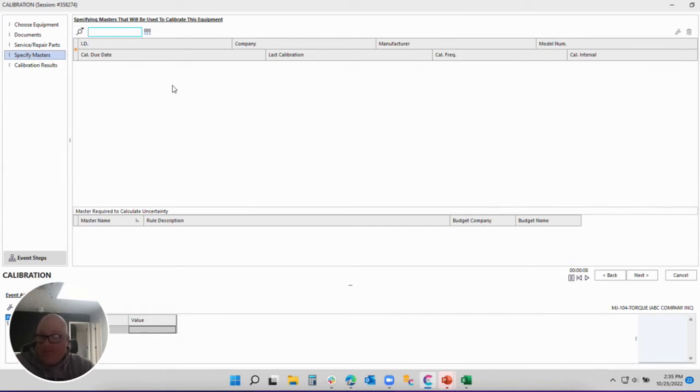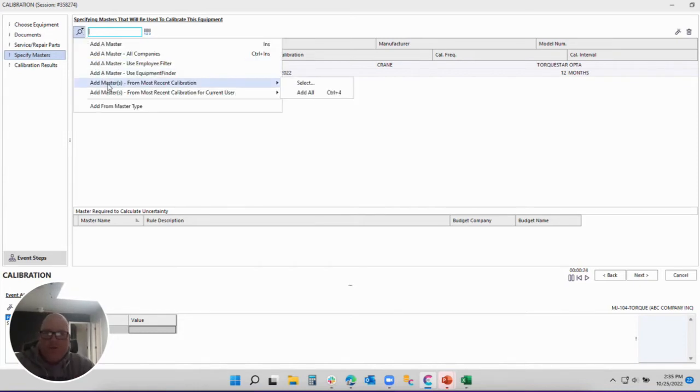Again, I don't have a default set up. However, if I hit my Control 4 keyboard shortcut, which I know you couldn't see, it quickly added that standard in. So what it's doing is adding the standard that I used the last time I calibrated this particular unit under test. So if you specify the standard you want to use this year, but then next year or next cycle you want to use it again, you can actually set up Control 4,